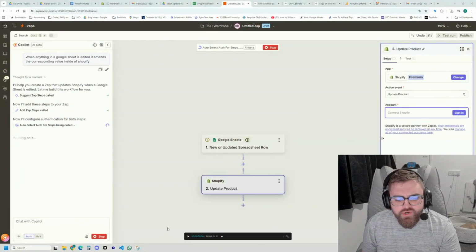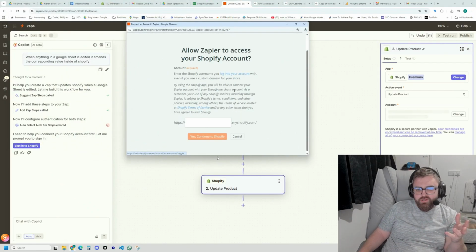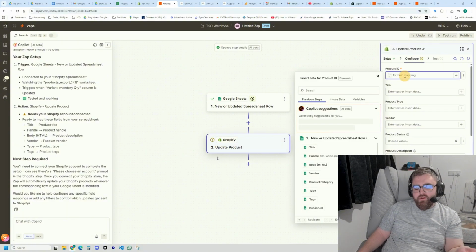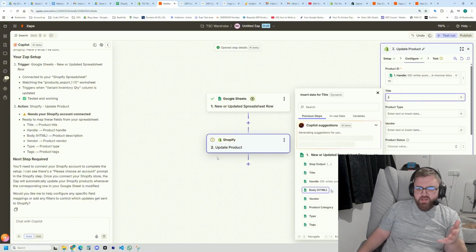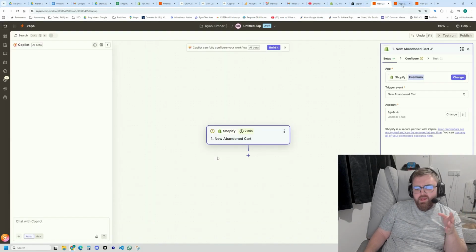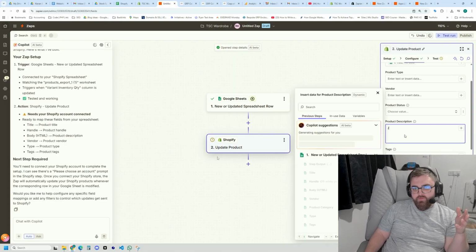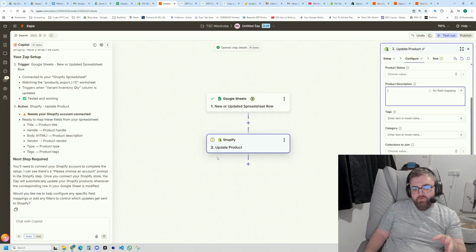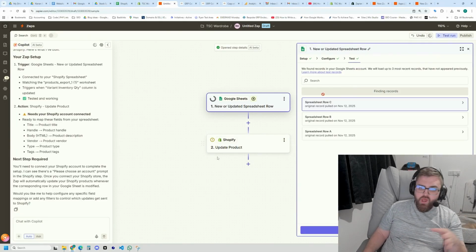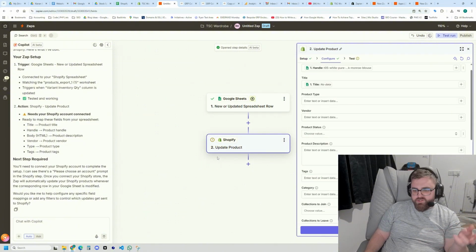So yeah, pretty much what we've got here is a nice, simple Zapier automation. It's a Google Sheets integration with Shopify, and the process is if a part of the spreadsheet is updated, in this case the quantity element of the spreadsheet, then I want Shopify to update the quantity. Now, I thought it would be pretty simple, pretty straightforward, but after hours of doing it,